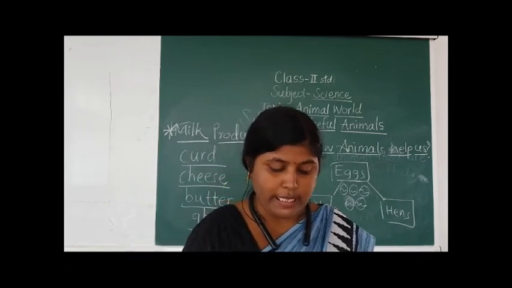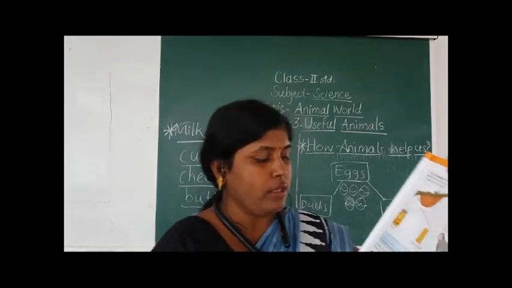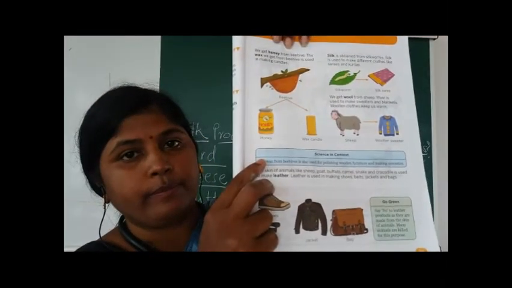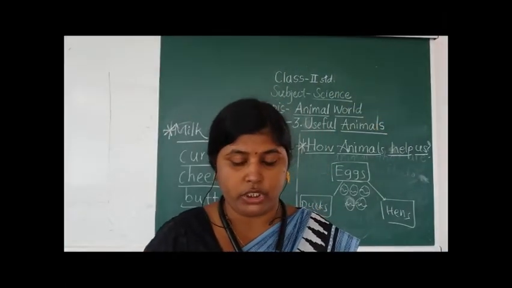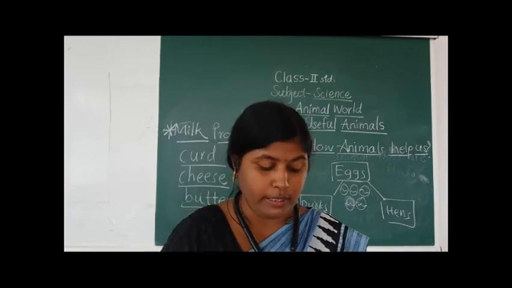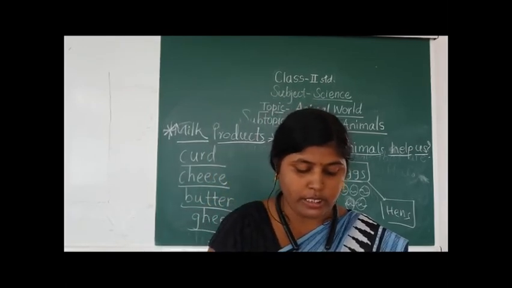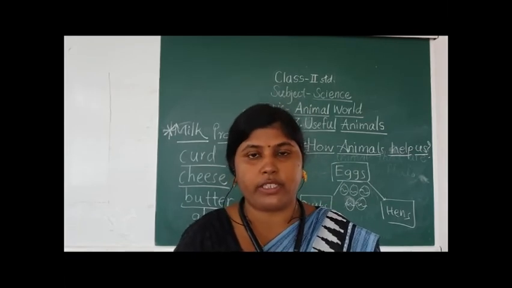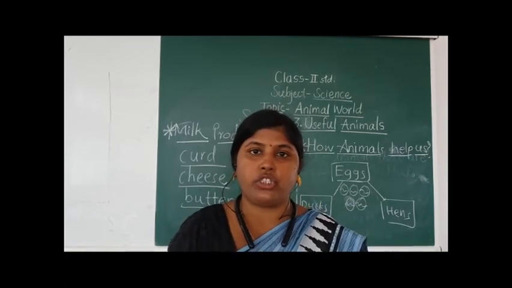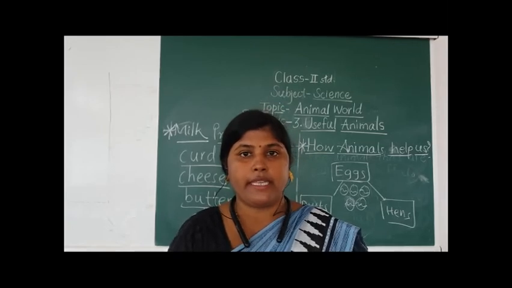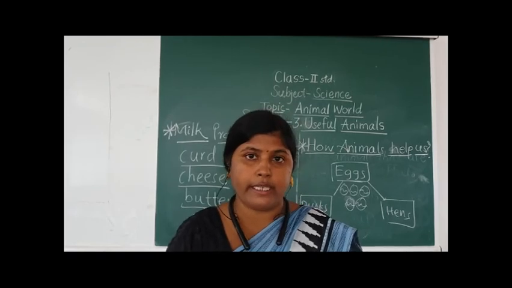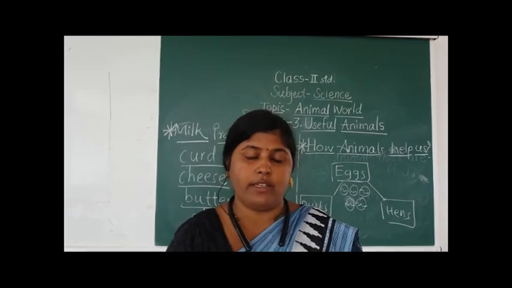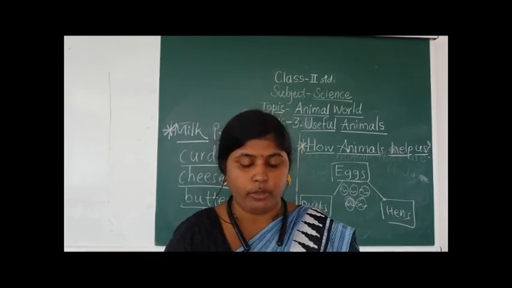So okay, so see, the science in context point is there. So see, this blue box you have to see. Now see, the wax from beehives is also used for polishing wooden furniture and making cosmetics. Wooden furniture means the tables and the chairs and the almaris and the cupboards, which are made up of wood, okay. So for polishing wood we also use the wax which we get from the beehive, okay.